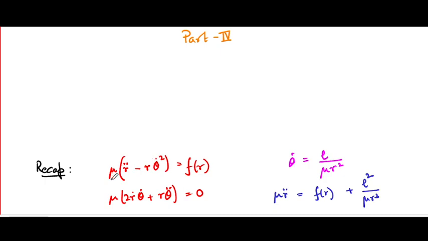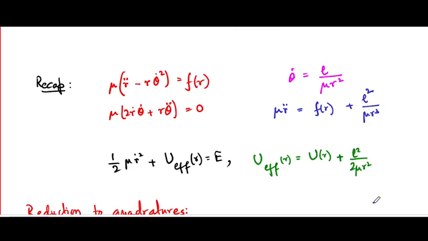Using that, we could change the radial equation into a purely r-dependent equation, an equation in which theta has been completely decoupled. That's mu r double dot equals the actual force F of r plus an additional force-like term, which really is this term brought to the other side and often called the centrifugal force barrier term, L squared over mu r cubed. We also realized that this equation could be recast in the form of an energy conservation equation,